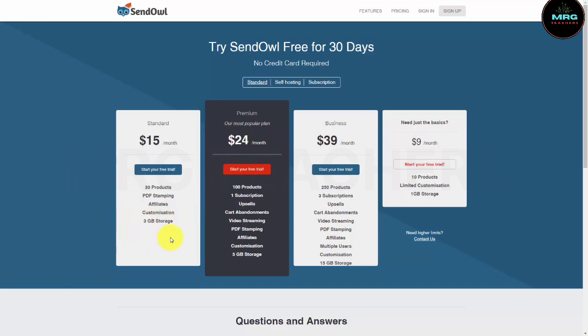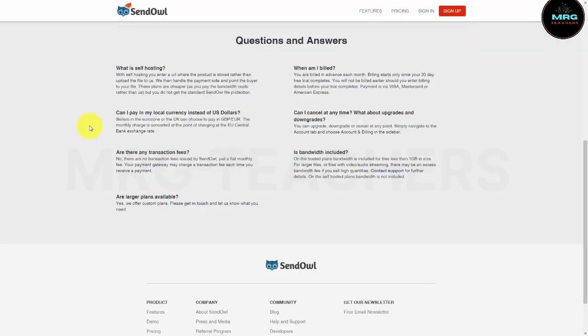Now, the other thing is going to be storage. And once again, if you're going to be storing content off-site, you can start with the standard version, and then after the trial, you can then go to the $15 a month plan. Now, the trial is actually going to last for 30 days. So that's how long you'll have to be able to get a product up and running